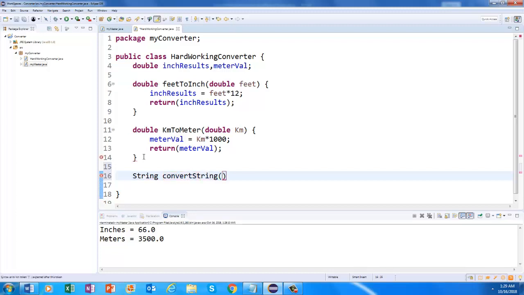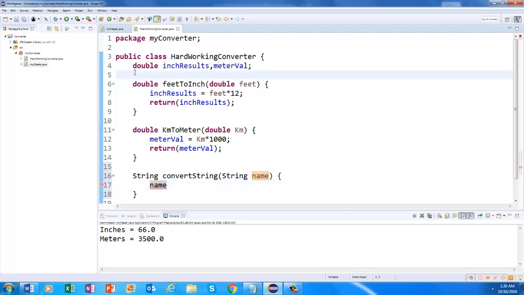It will return from the method a string again, let's say string name, right? And here we have a name in that name variable. I'm going to declare another variable here, string converted name, right? String converted name. So I'm going to say converted name. Actually, let me copy this. Converted name,